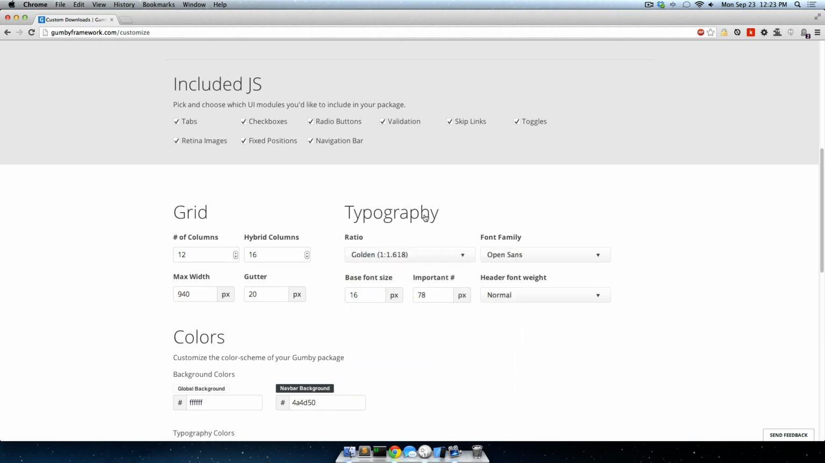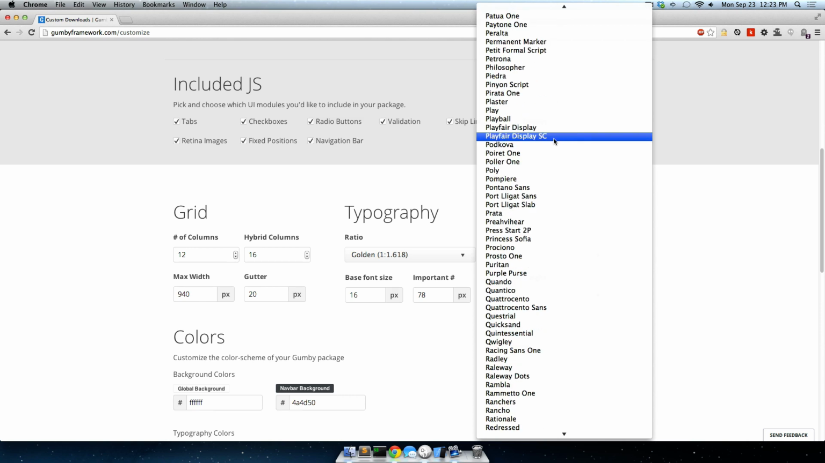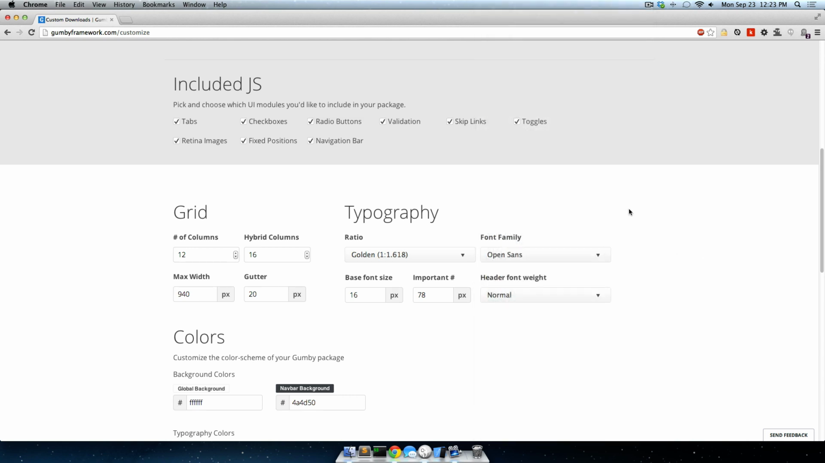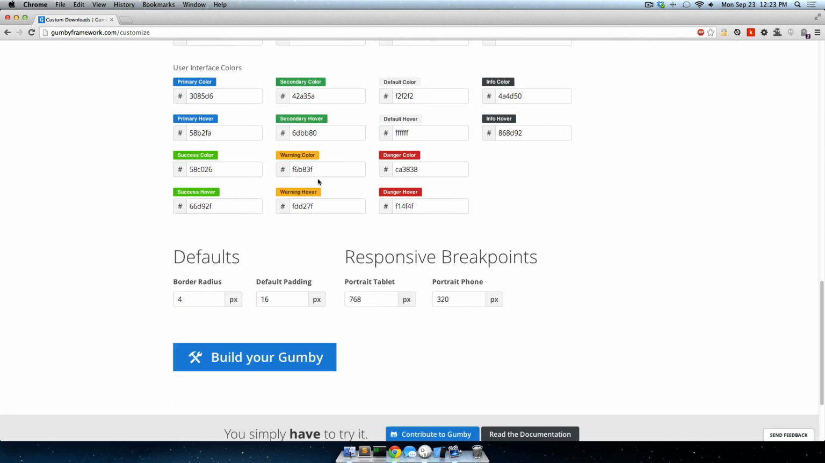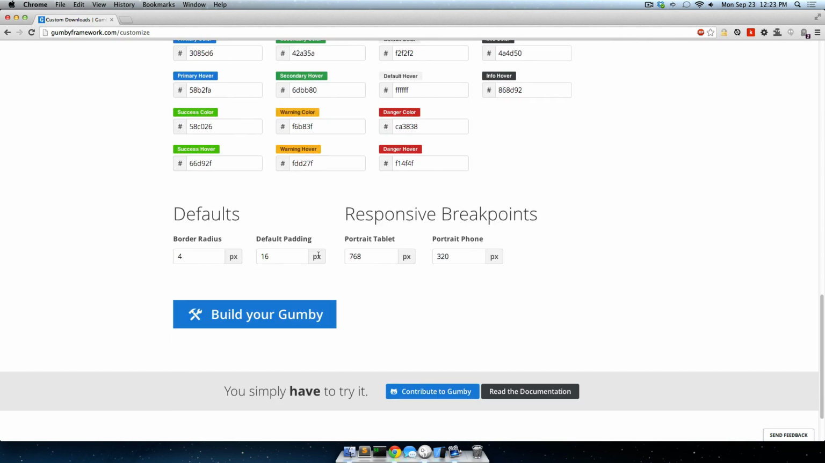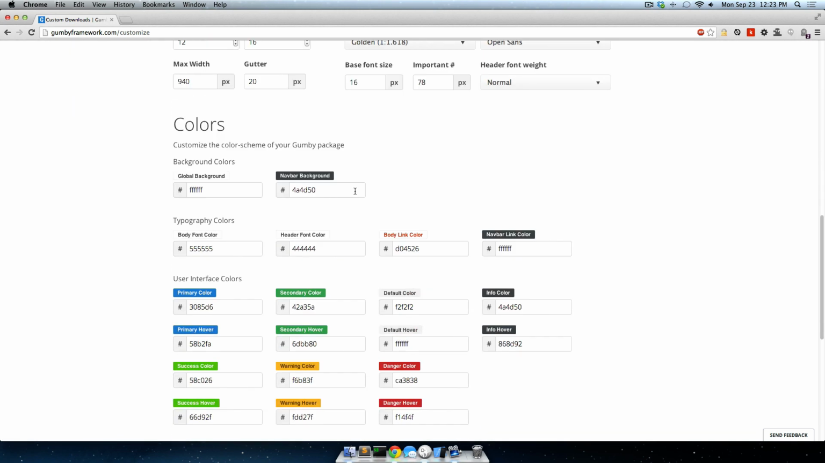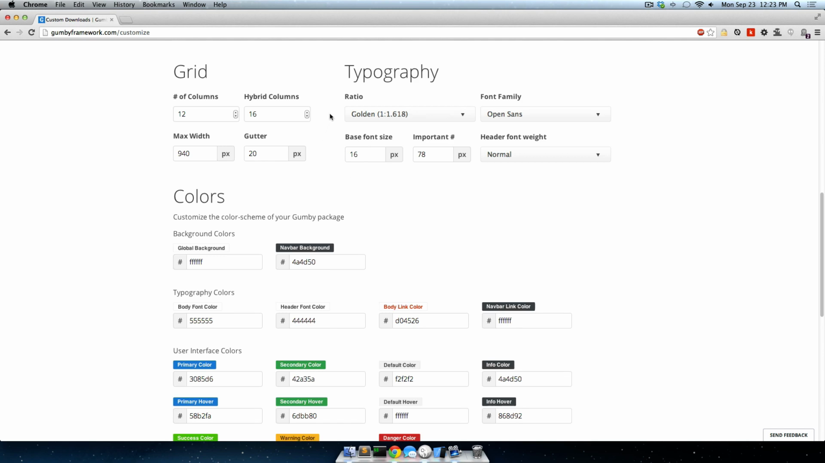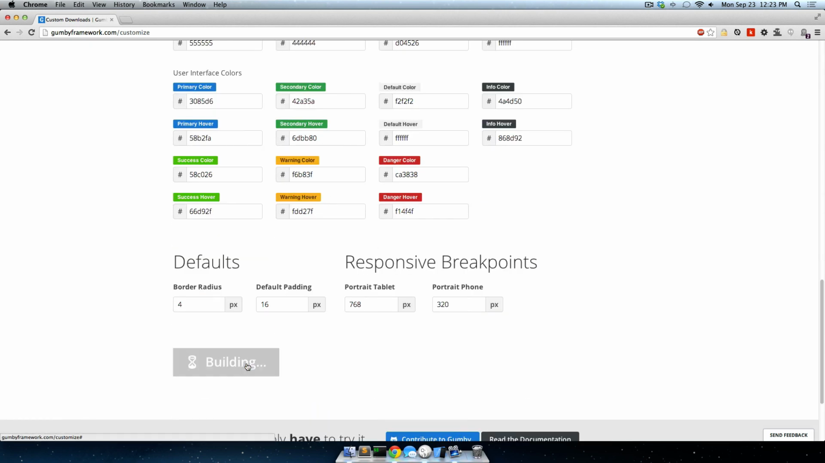You can set the typography, which is really cool. Pick from all the Google fonts. You can set up a bunch of colors, and yeah. So we'll just grab everything right now. But I mean, this downloader is pretty awesome. It's probably the best package downloader out there right now. So go build your Gumby,